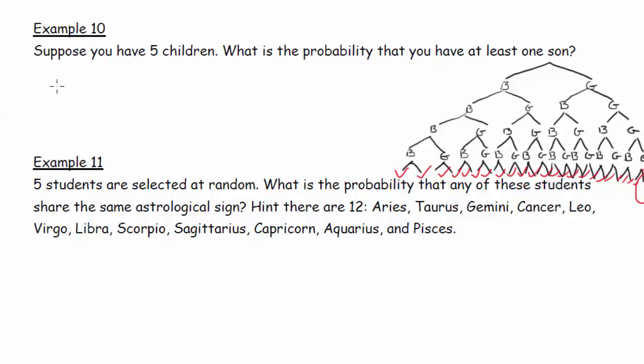Well, I don't want to find all of these options. So my shortcut, the probability of at least one boy, is going to be 1 minus the probability of no boys. So if I find the probability of no boys, well, that's only one case. So that's going to be quite much easier. So this is going to be 1 minus the probability of a girl times the probability of a girl